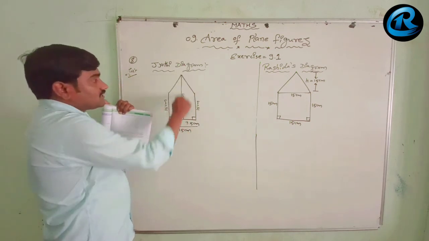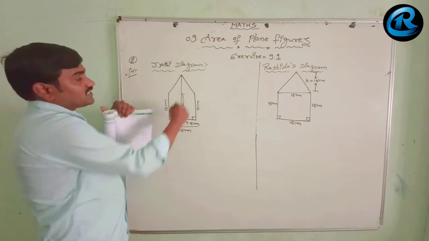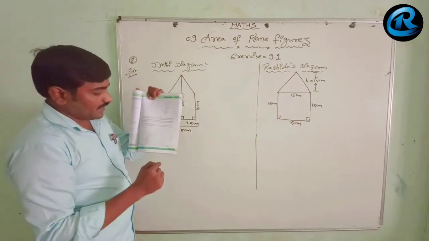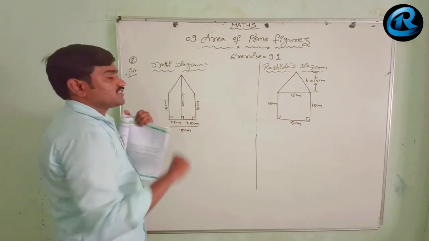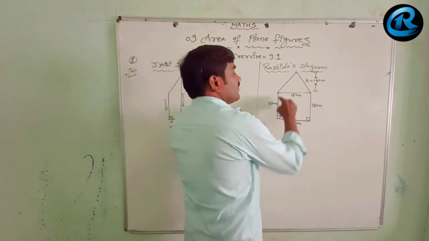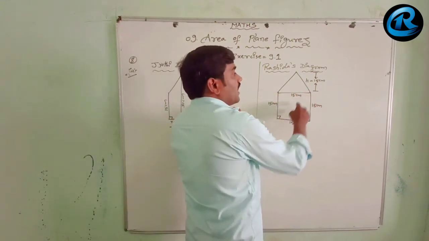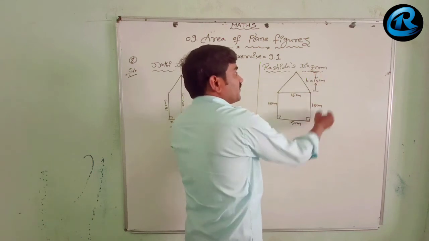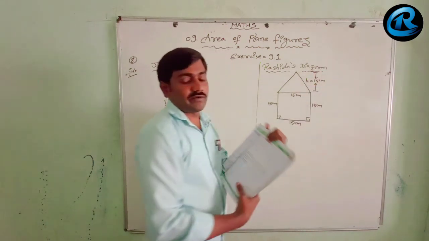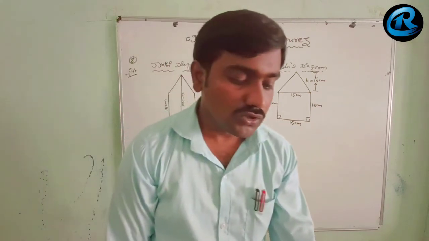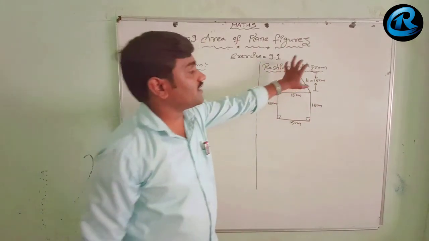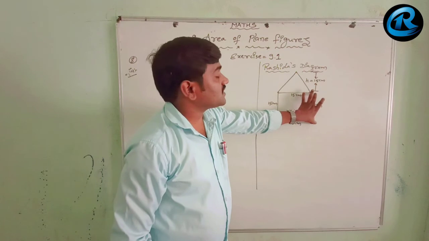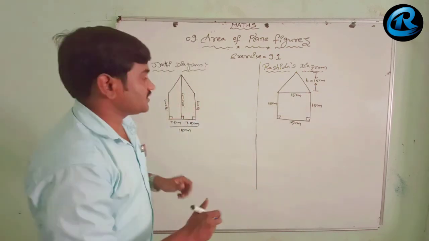And see that this perpendicular complete height of 30 centimeter is given, and the remaining two parts will be 15 centimeters. Here also it will be equal to 15 centimeters, and the height of the triangle is 15 centimeter, because 15 plus 15, total height will be 30 centimeter. Total 30 centimeter height undi. So height of the triangle ni 15 centimeter ga tesukundi. Then the side of the square will be taken as 15 centimeter.